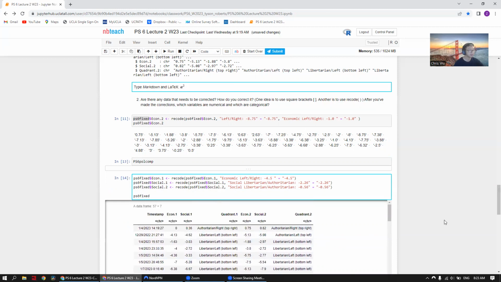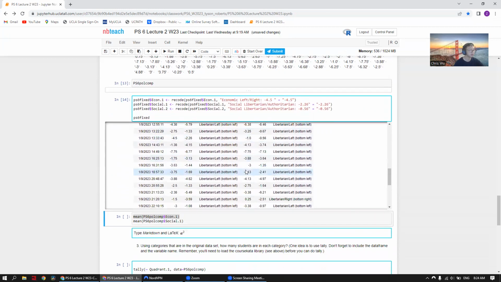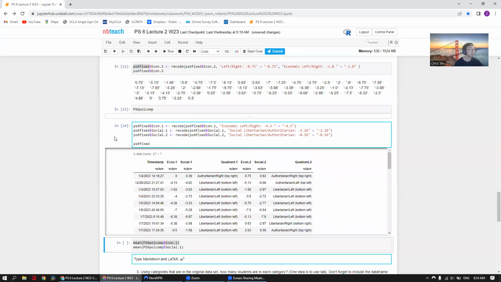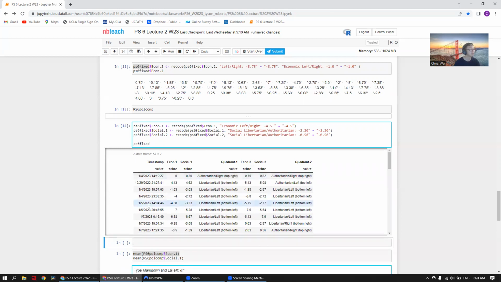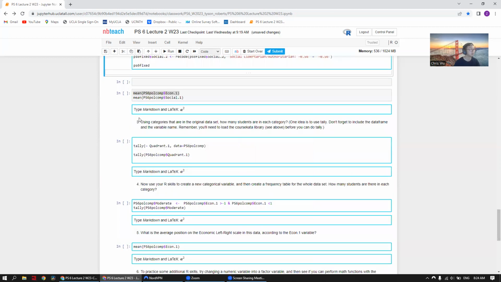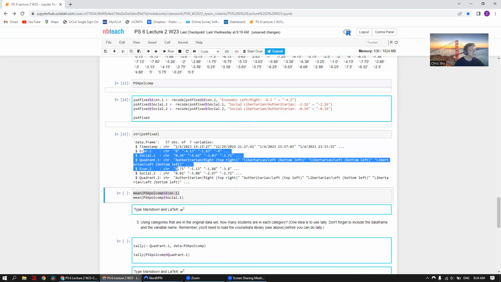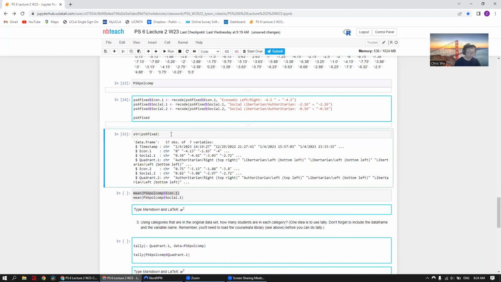Okay. All right. Now, if I take a look at these number columns, no extra characters. I've fixed all of the mistakes. However, if I do a str on this, you know what? Let me do a new line. If I do a str on the PS6 fixed, all of these are still character columns. So what I want to do is